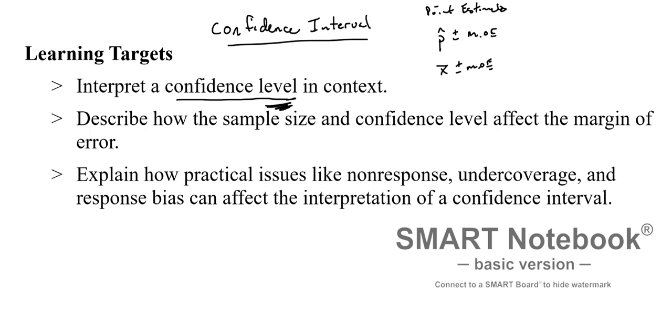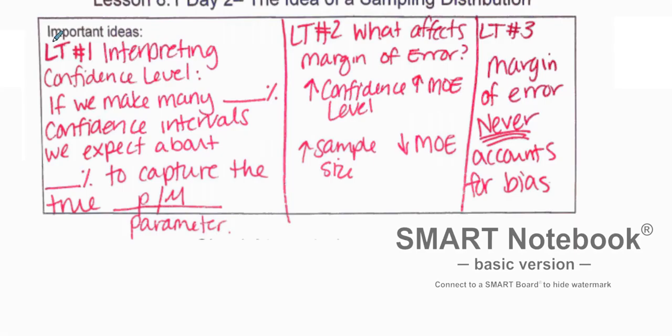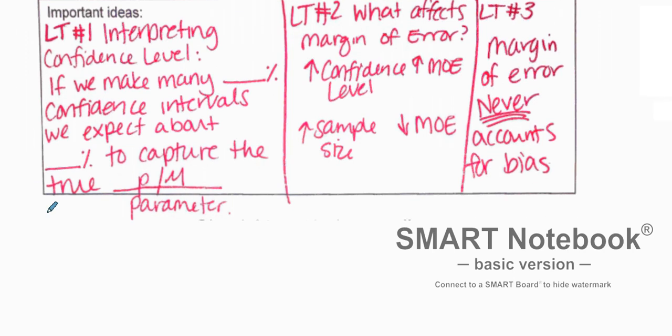Okay, so let's talk about this. Here are some notes you probably want to jot down. The first learning target is confidence level. So what is a confidence level? Well, a confidence level is what happens if we make many confidence intervals of a certain confidence percentage. So for example,